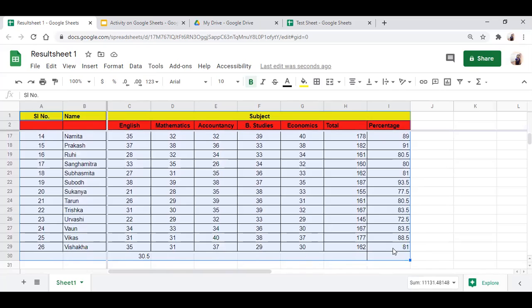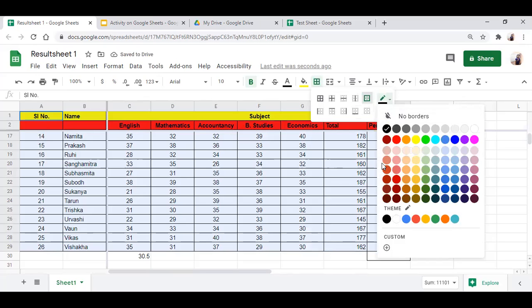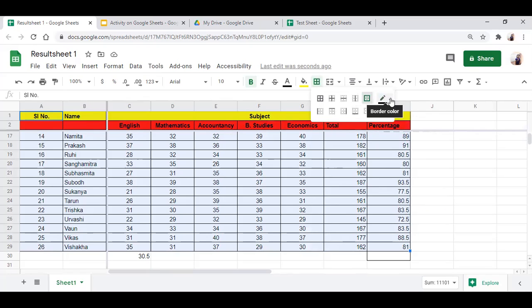Okay, so I want to just keep this much. Okay, so now border, this is the border. We want this outer border. Now type of border we can select. Okay, in type of border we can